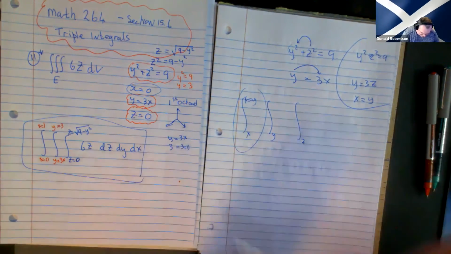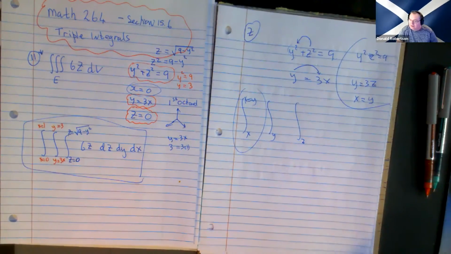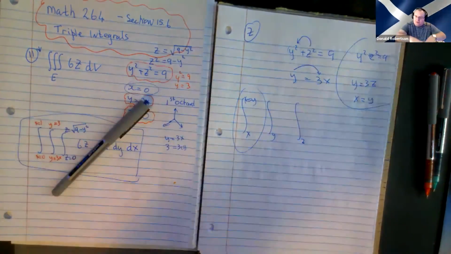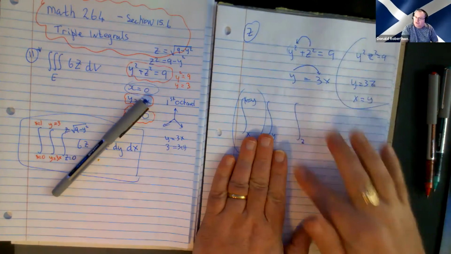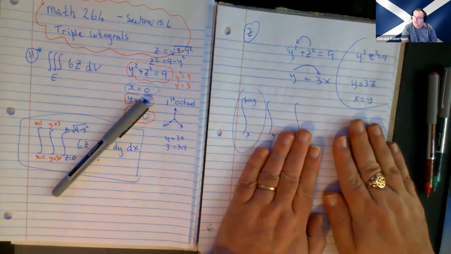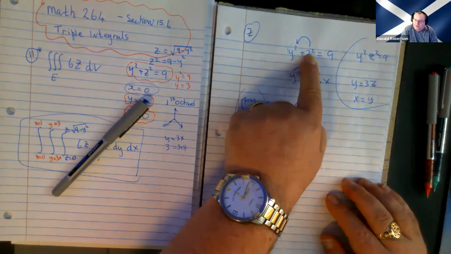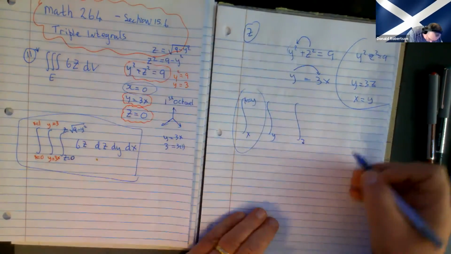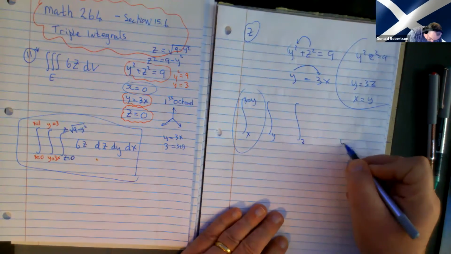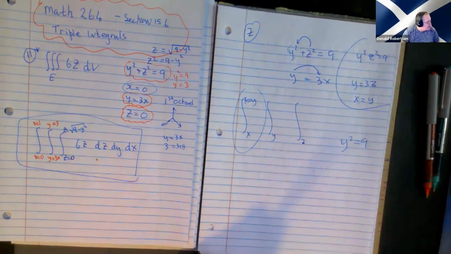I tend to, as a general rule, try and start with z's. Because very often, if you can start with z's, you can just drop the picture down onto the xy plane and it becomes a double integral that we're much more comfortable with. So if I drop this down into the floor, this guy here, if we make z 0, what do I get? I get y squared equals 9, right? If I write down what the other guys are now,